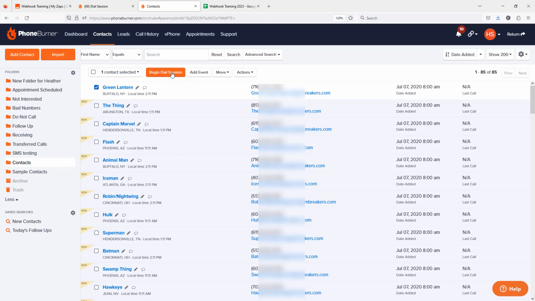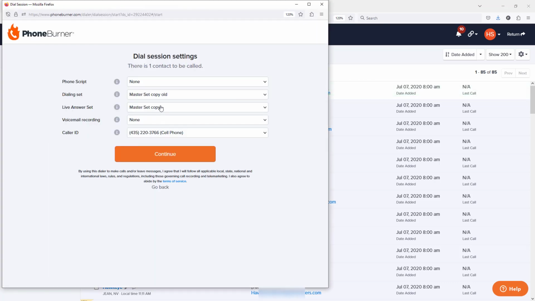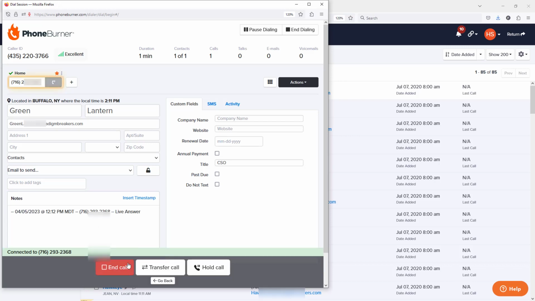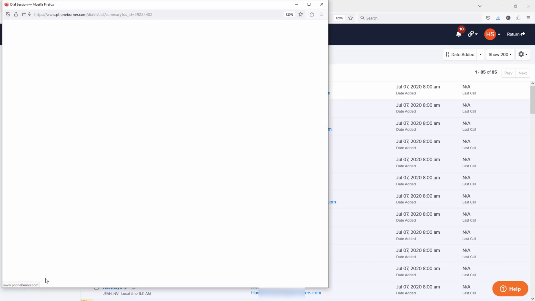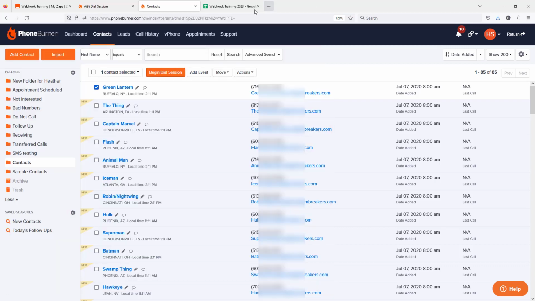Let's call the Green Lantern. Make sure we're using the correct live answer set. Let's say the Green Lantern answers, we have our conversation, we add our notes, do what we need to do. When we're done talking to him, we end the call, and then we click that booked appointment button, right? Then we're off, we move on. If we set up everything correctly,